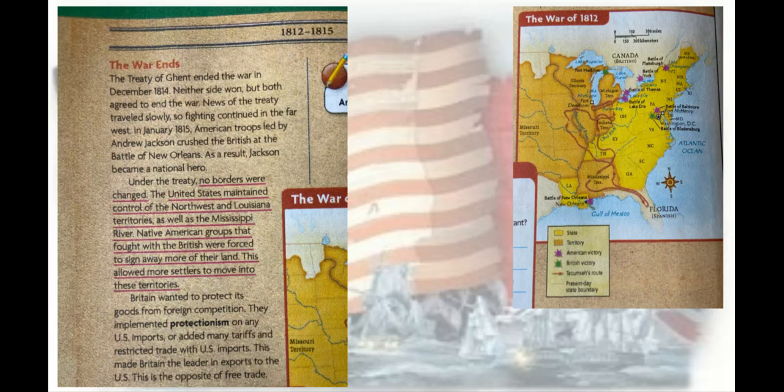All right, so the next page is talking about how the war ends. Now, the war ended with a treaty. A lot of times that's how wars end. There's a treaty because both sides just want to stop because they are losing money. And so the Treaty of Ghent